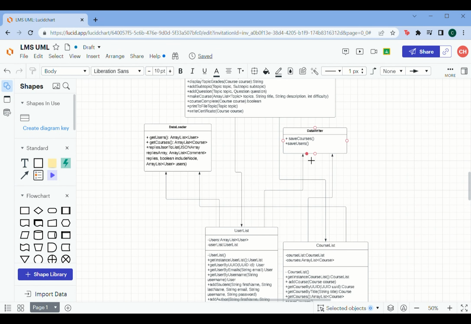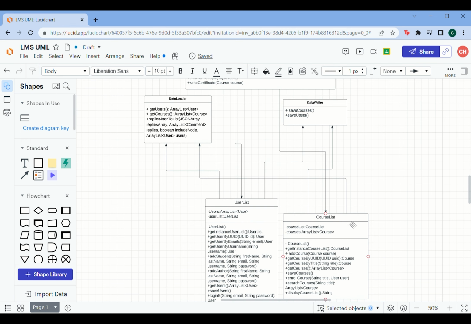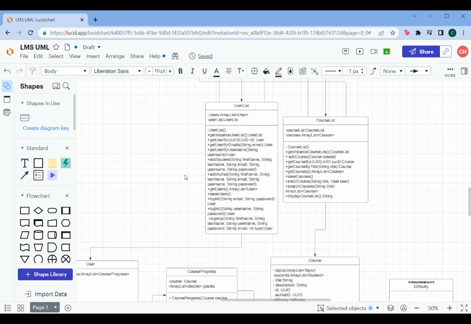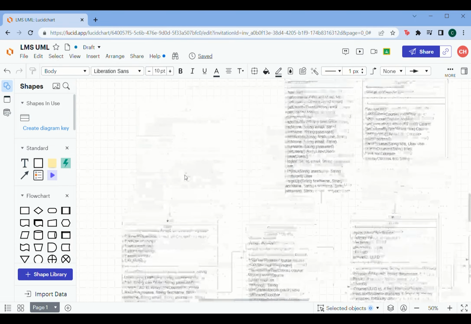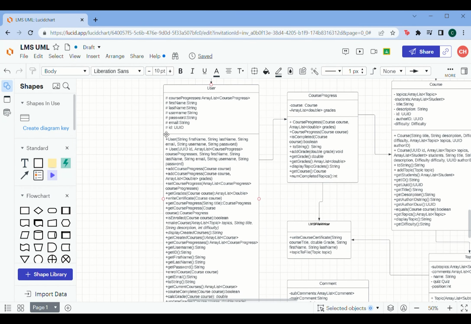And so then we have data loader and data writer, and they are connected to user list and course list. These are the ways that we update our JSON files and save courses, edit courses, and do the same for users. So that's all connected to JSON. And then connected to the user list, with an array list of users, is user, which is an abstract